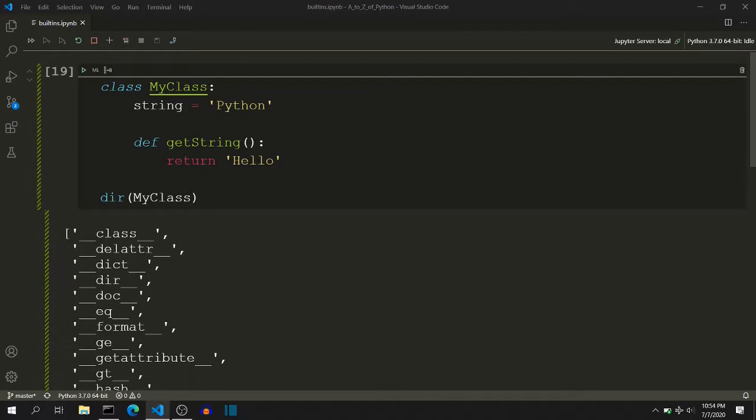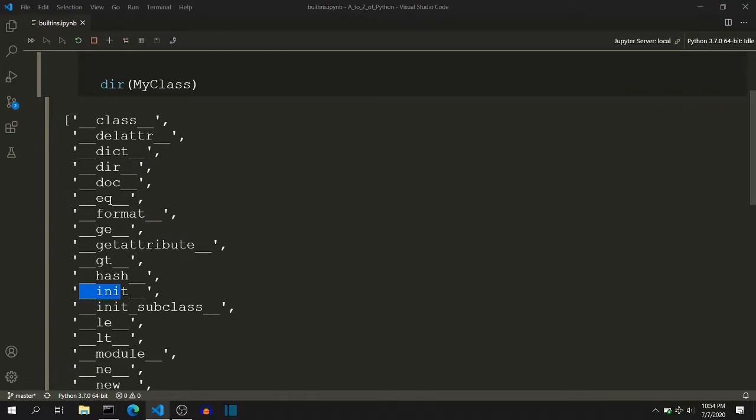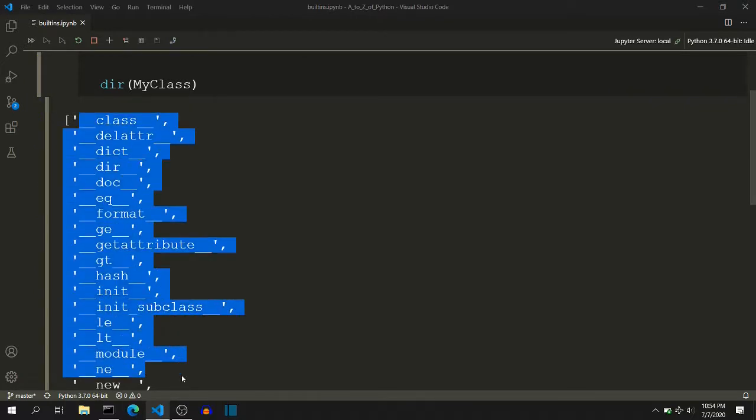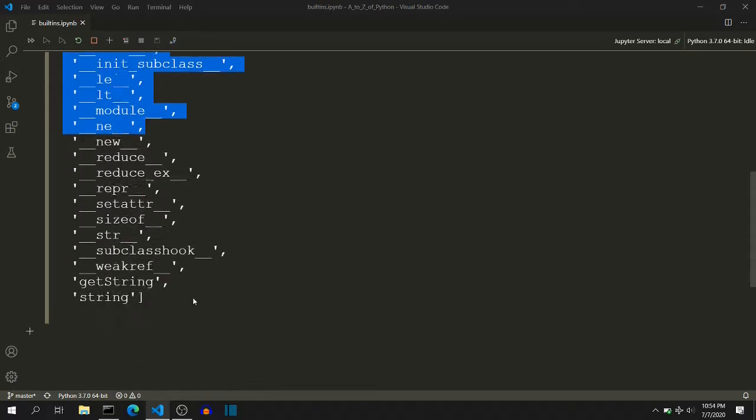As you can see, we did not write a constructor, that is the init function, but Python has created this function for us along with all the other functions that you can see here, along with the two names that we have created here.